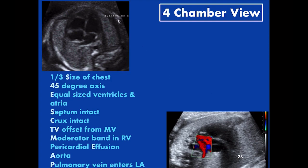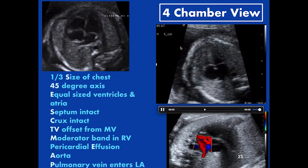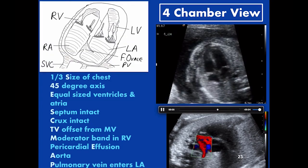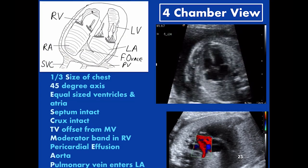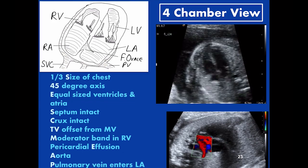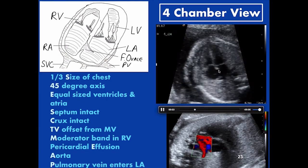So first, the four-chamber view is one of the first views that we always take a look at. And we want to see the heart in the chest anterior to the spine coming across at about a 45-degree axis. And I have a clip of it here to show you as well. I tend to think of this list like to go along with this diaphragm with the right ventricle here and the left ventricle, and then the two valves and the two atria with the foraminal flap in between,